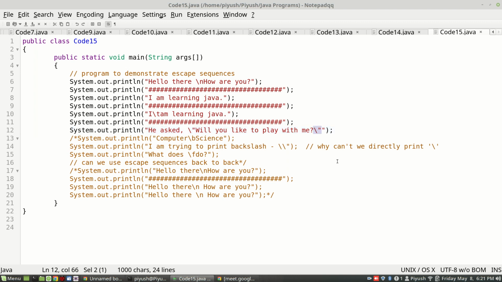So here also this will mean print this, and this one will be matched with the starting one. Okay, so this one will match with the last one, whereas these two immediately after backslash will be considered as pure double quotes for printing. Okay, now let us see the output.